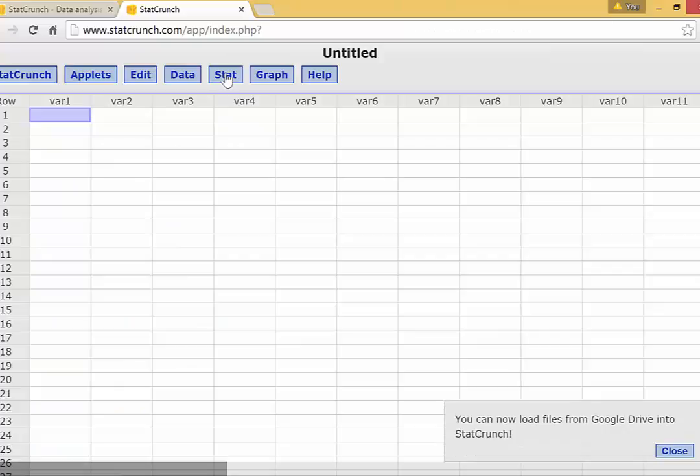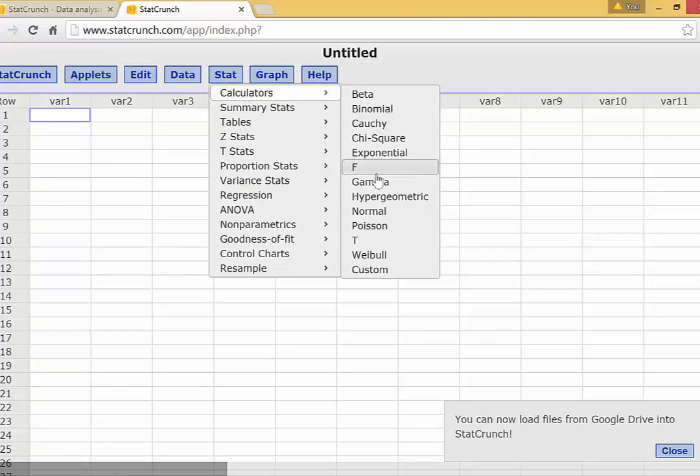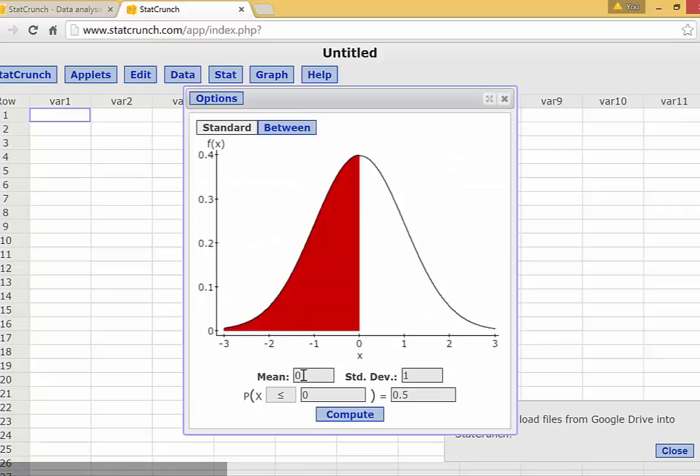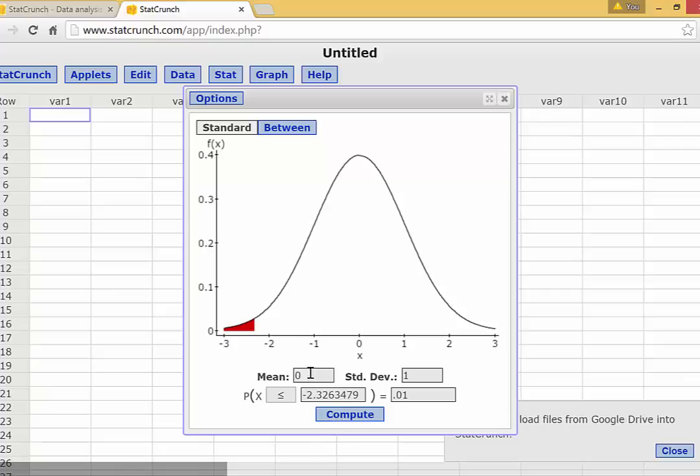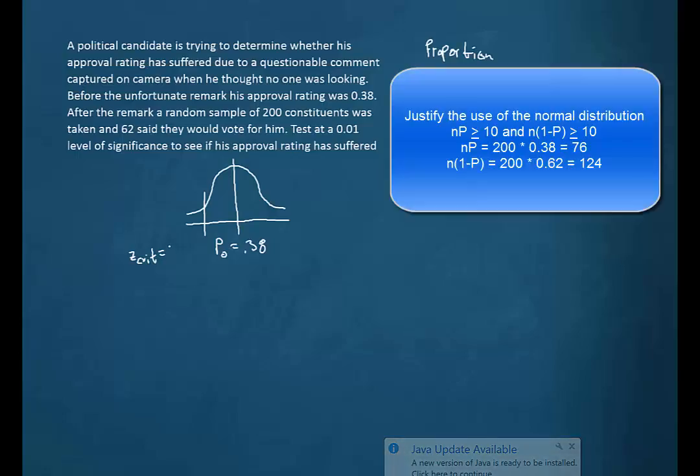If we were to use StatCrunch, we would push stat, calculators, normal. We'd leave the mean at 0, the standard deviation at 1. We'd put 0.01, our alpha level, here in the box that contains the proportion. We'd leave this at less than or equal to because we need the z-value that accumulates 0.01 to the left. So we'll click compute, and you see from the picture that's what we have. We've accumulated 1% of the entire distribution up to this z-value of minus 2.326 if we round to 3 decimal places. So our critical z-value will be minus